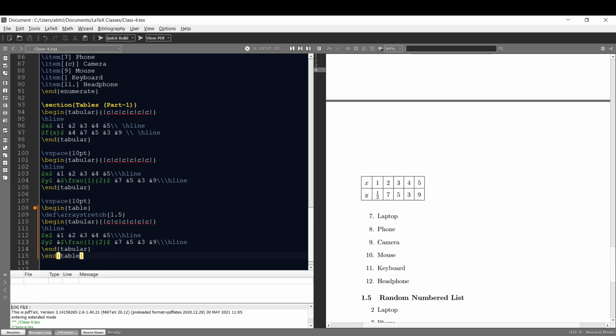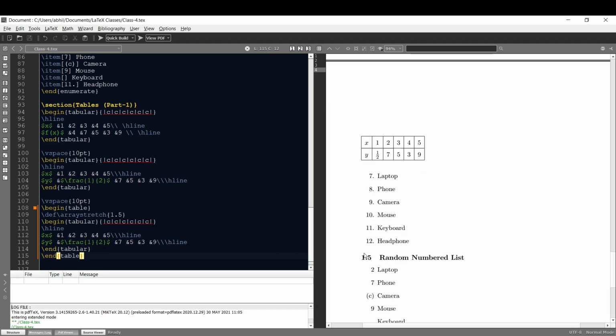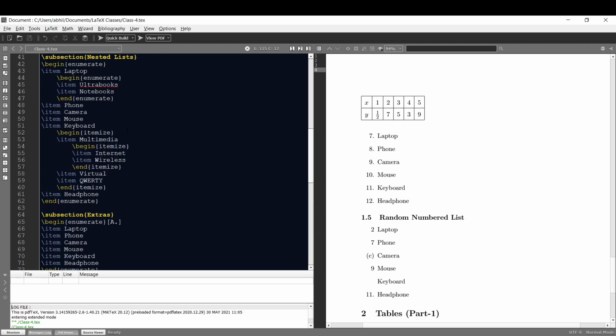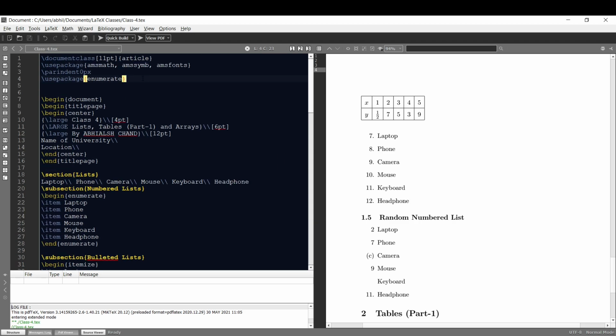Okay, this is taking my table to the top of the page, which I don't want. So here I need an additional float package in the preamble and write capital H in square brackets after begin table. H stands for here. So first I need an additional float package in the preamble. Let me write the float package in my preamble section.